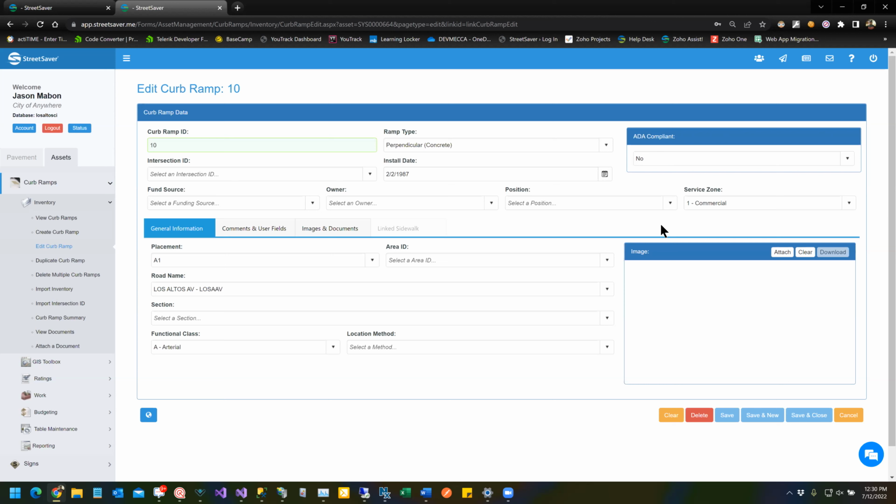So we'll take a look at that here in a minute, but that's definitely important. So rather than MUTCD, like in traffic signs, here we have service zone. So this is what area is the curb ramp servicing? Is it an industrial area, residential? This is somewhat customizable. You have these 5 options, but you can change these to a naming convention that you